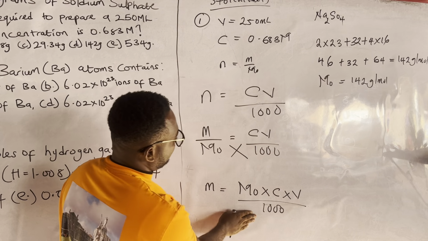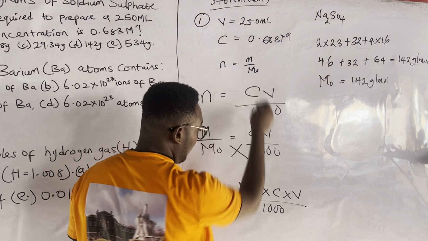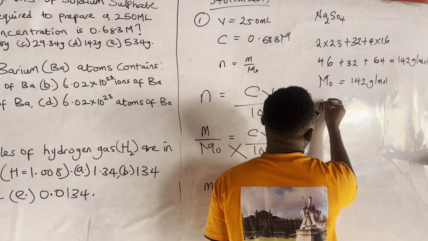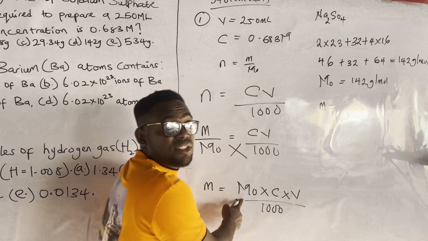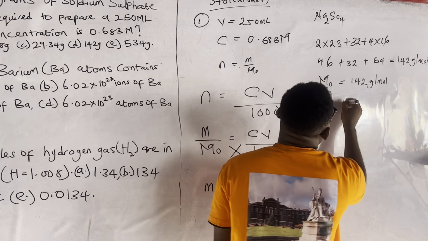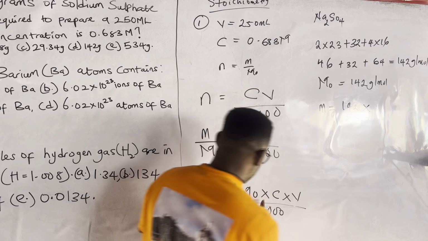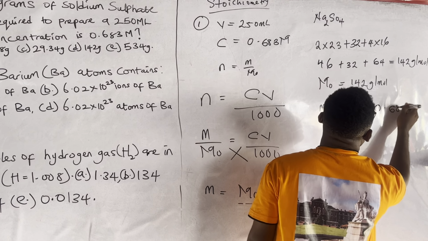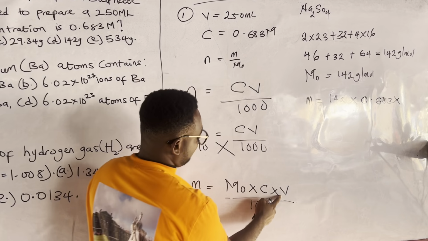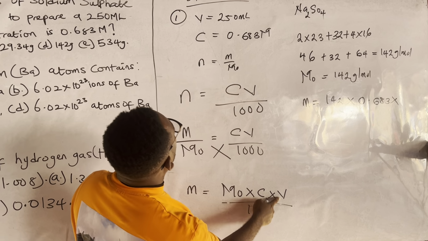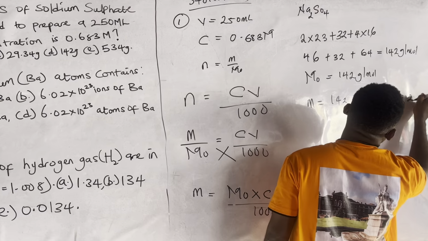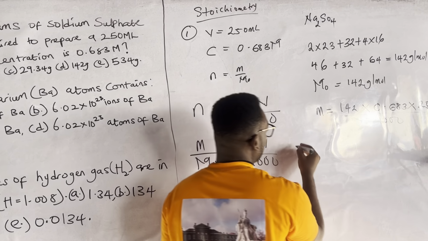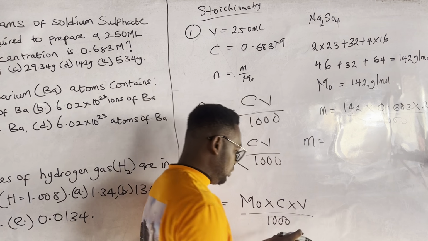Very quickly, putting everything here, we already have the concentration, see it there. We already have the volume in milliliters, see it there. So to get the mass, we say mass is equal to the molar mass, 142, times the concentration, 0.683, multiplied by the volume, 250. Then we divide everything by 1000. So that mass will be equal to, doing that,